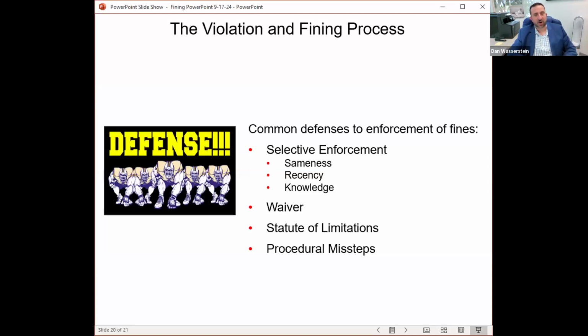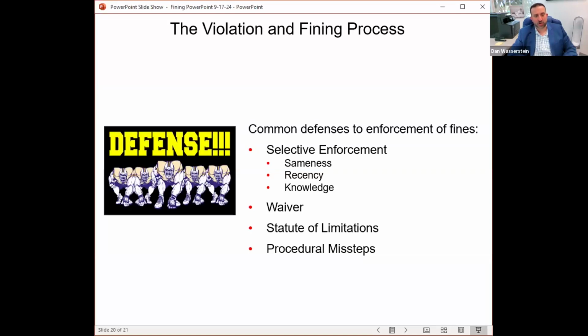Owners will sometimes make the argument that, well, you waited too long to enforce against me. And they can be right, especially if you go past 5 years. Statute of limitations is a real defense. And if an owner has had a violation that the association has been aware of for 5 years or more, that owner has a valid statute of limitations argument, meaning they can say, I admit I did this violation or my property's in violation, but you've let it go for more than 5 years and you can't enforce against me. So something to be very mindful of.